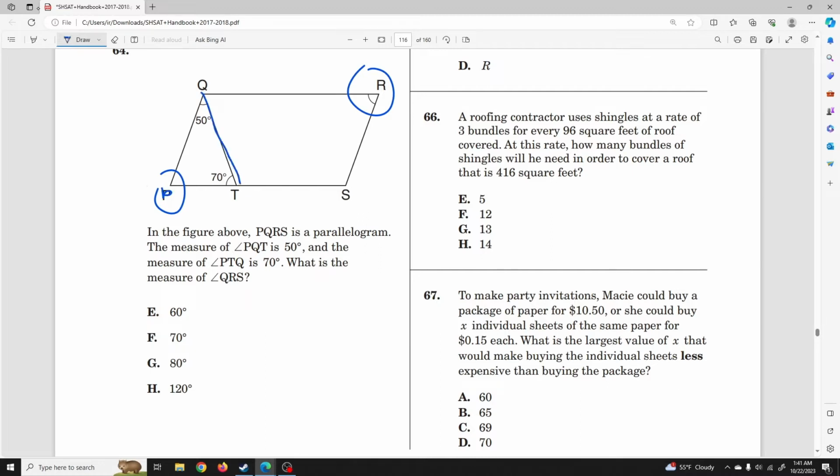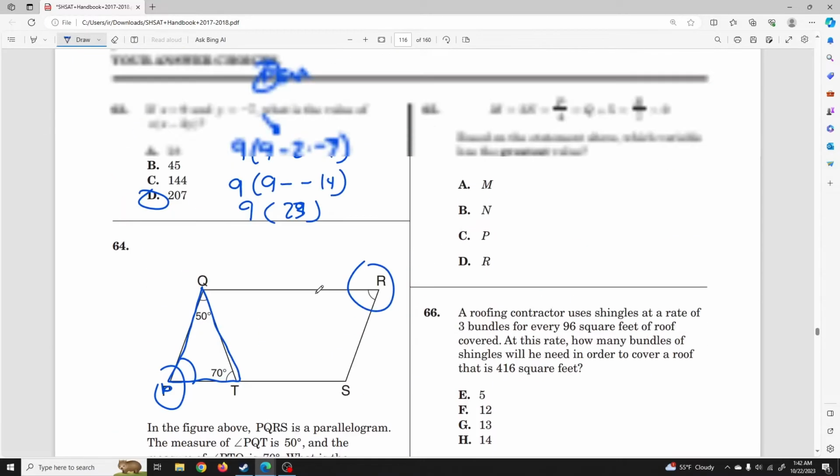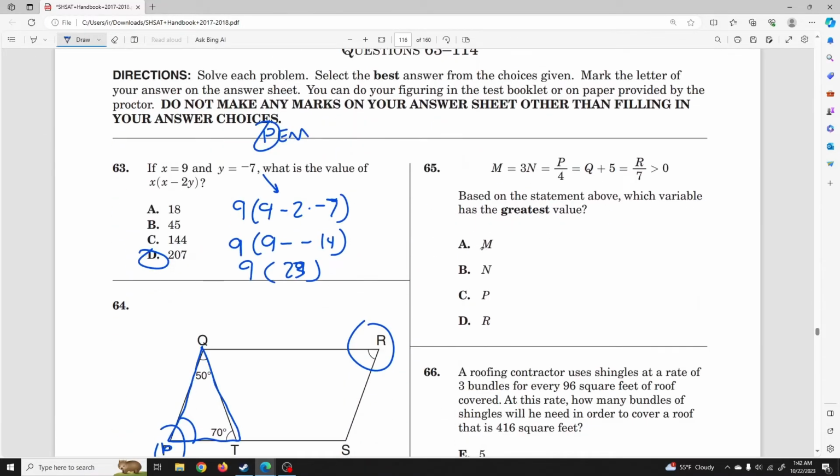Right here, we know that we're dealing with a triangle, right? So we just need to solve for this angle to solve for that angle. All angles in a triangle add up to 180 degrees, so 50 plus 70 plus x is equal to 180, 120 plus x is equal to 180, x is equal to 60. All right. Moving on to number 65, it says, based on the statements above, which variable has the greatest value,